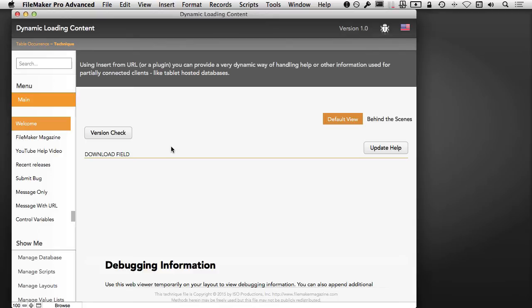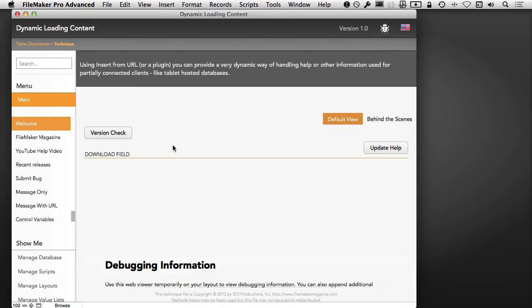Now, technologies like FM Easy Sync, they actually will sync down new versions for you. That's something you can take a look at as another article on the FileMaker Magazine website. But this is so simple that it's just really pretty cool, and you can do all kinds of different things with this. Now remember, on GitHub, I'm actually hosting